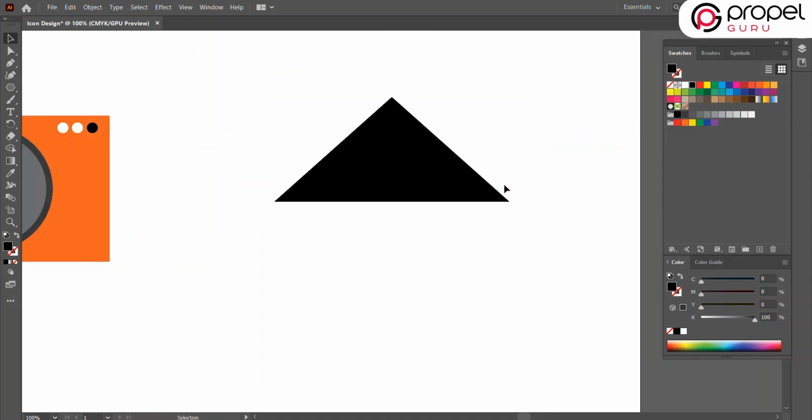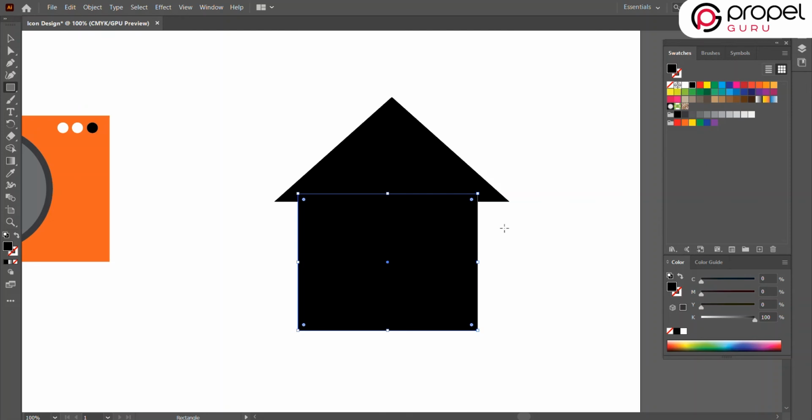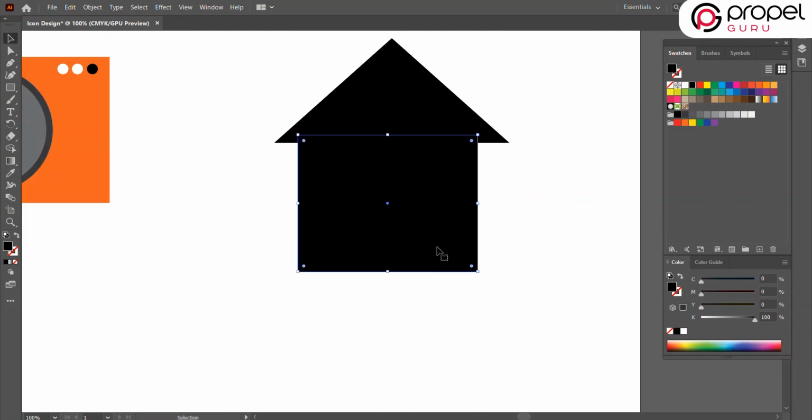Now we will select the rectangle shape and draw it accordingly. I will select the shape, click on the shape builder tool, press Alt and remove the shape.